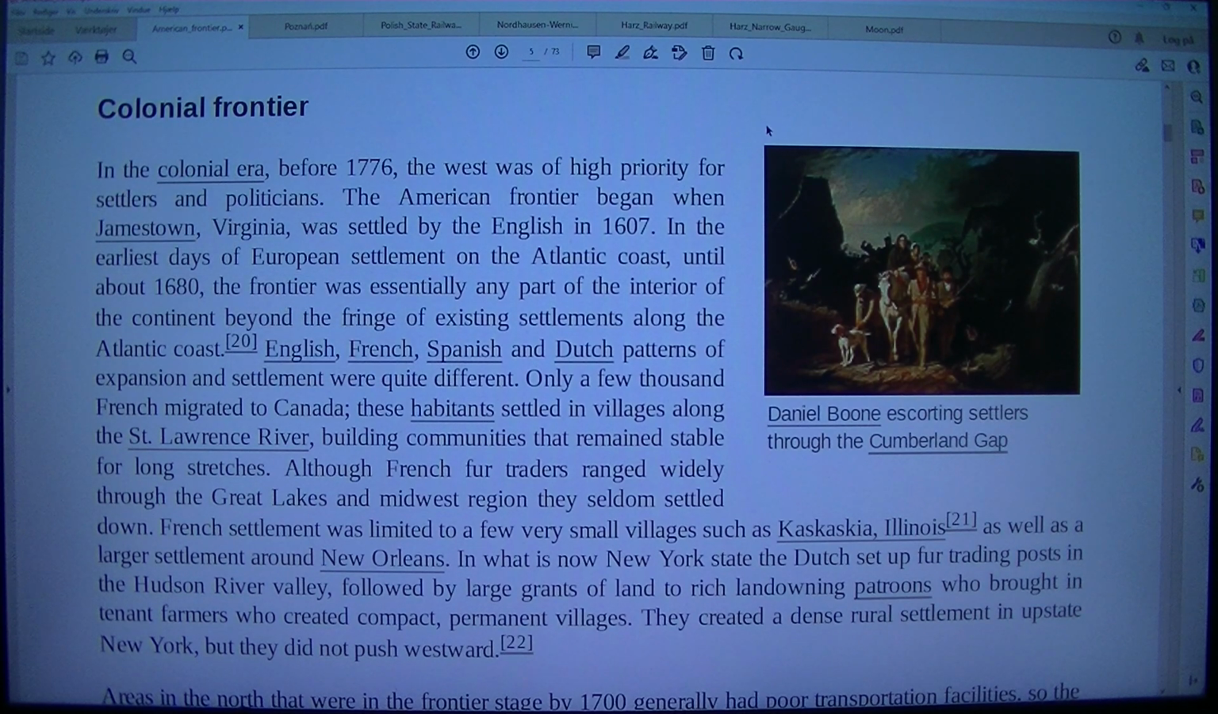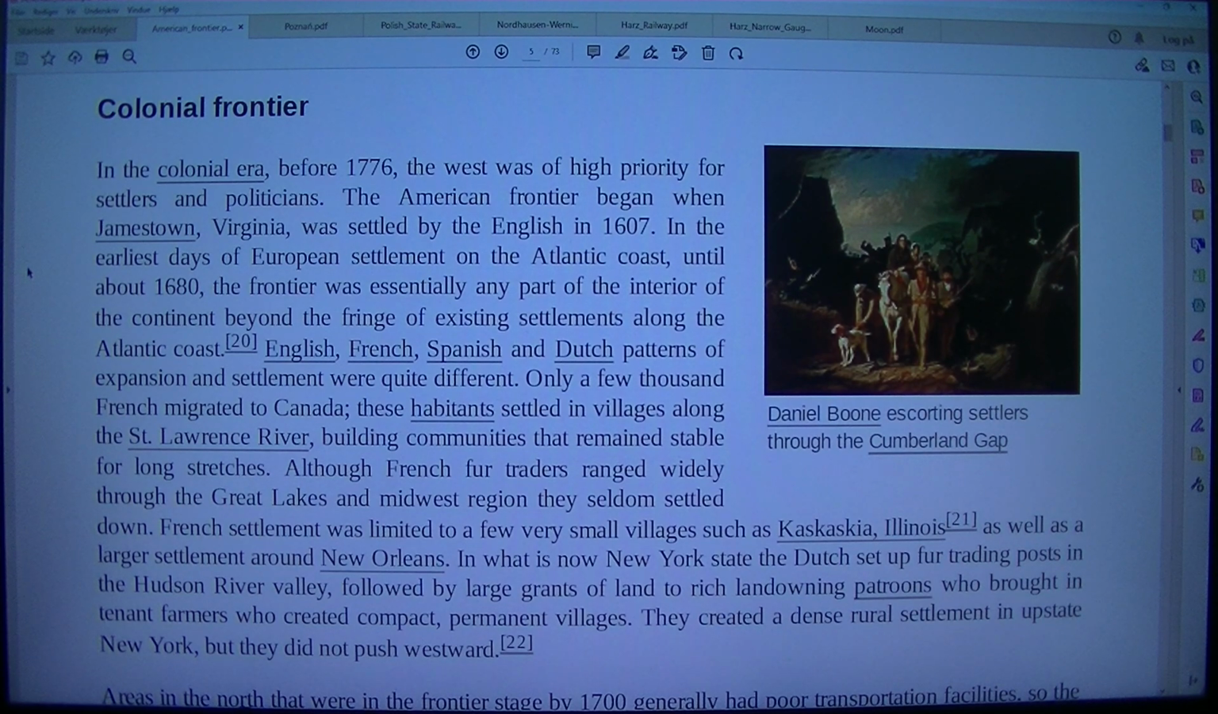Colonial frontier. Daniel Boone escorting settlers through the Cumberland Gap in the colonial era. Before 1776, the West was of high priority for settlers and politicians. The American frontier began when Jamestown, Virginia, was settled by the English in 1607. In the earliest days of European settlement on the Atlantic coast, until about